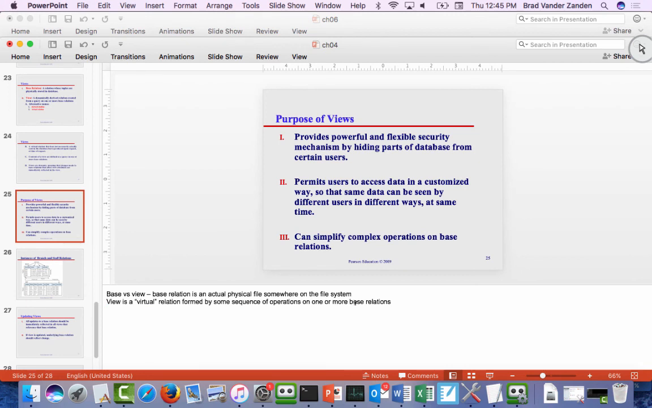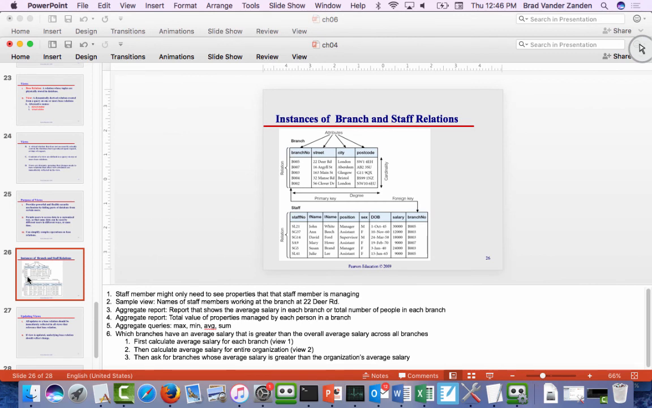Okay, so the first thing they can do is they can help with security, with hiding details we don't want people to see. They can also simplify complicated operations on base relations. So again, it's easier to show this when we get to some real data, but right here,